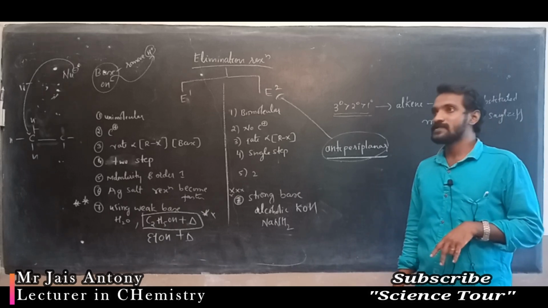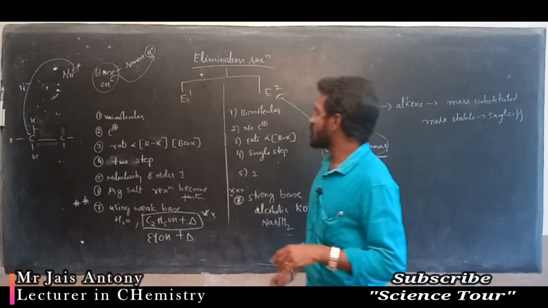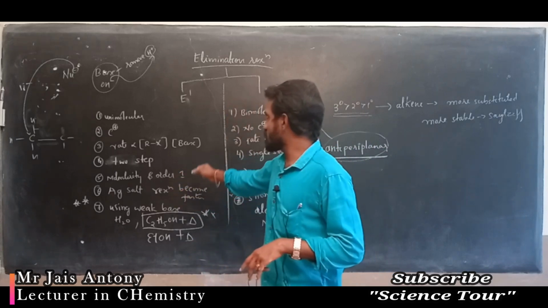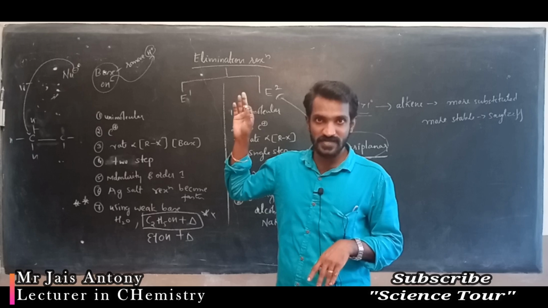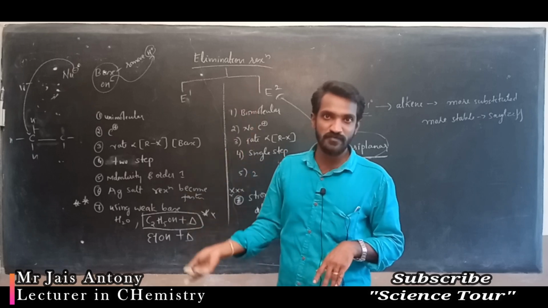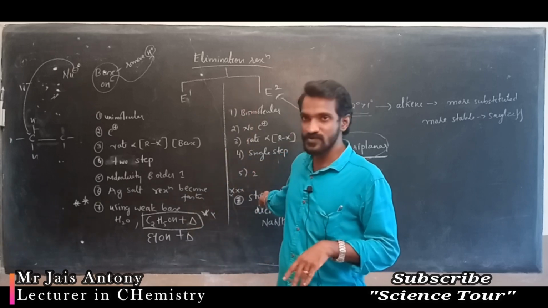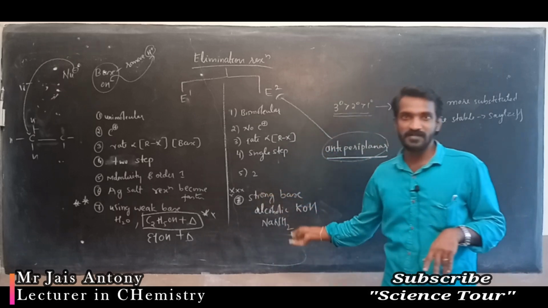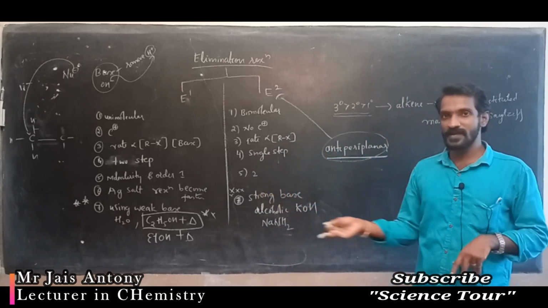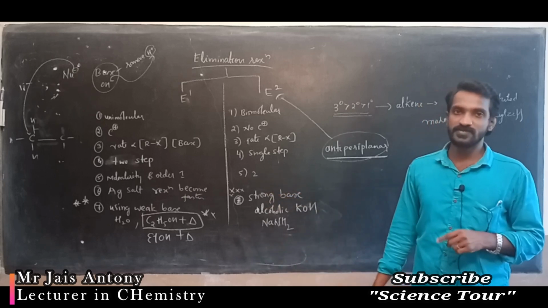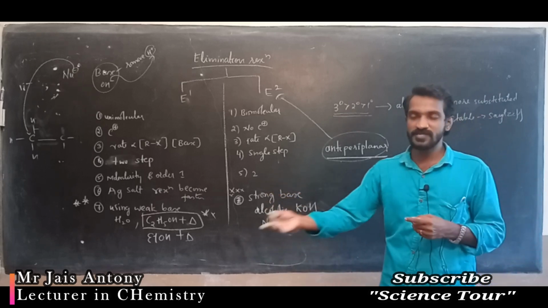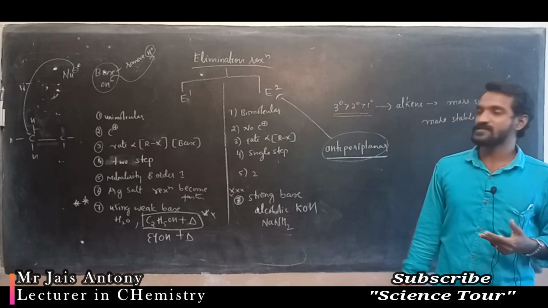Okay. Then remaining here is the solvent. Here in E1, protic solvent is used, as we discussed for SN1 reaction. Protic means one which gives H plus. Here aprotic solvent is used, one which does not give H plus. That and all are the same. You can write one more point: protic solvent is one which donates H plus.